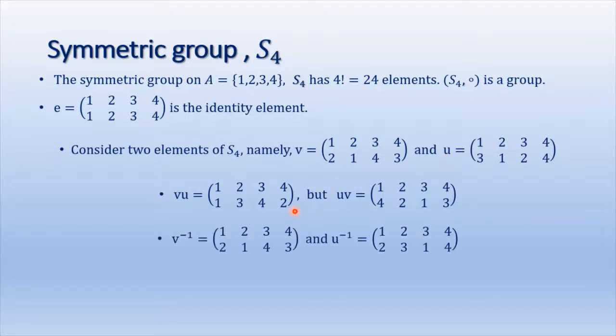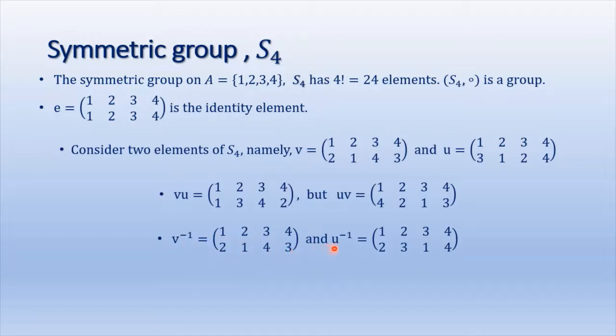So to find the inverse, as already said, first you write the given numbers 1, 2, 3, 4 in the same order in the first row and then write the corresponding pre-images. The pre-image of 1 is 2. The pre-image of 2 is 1. The pre-image of 3 is 4. The pre-image of 4 is 3. So we have obtained the same. V inverse is equal to V.